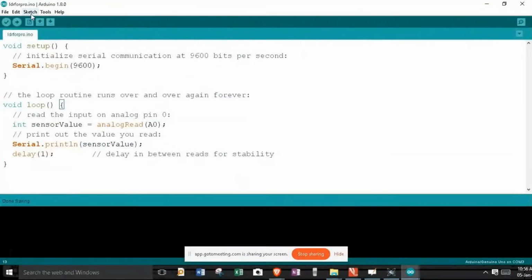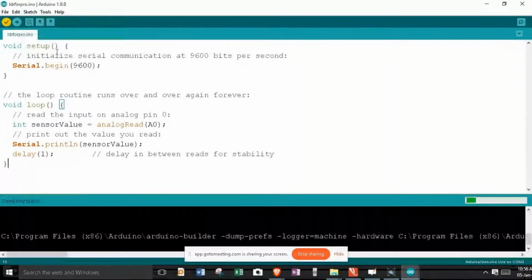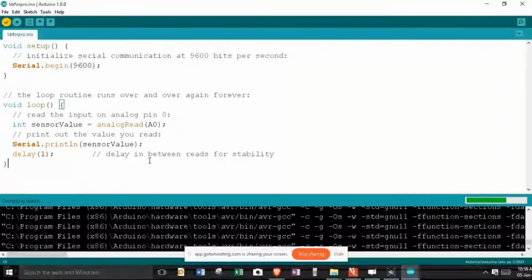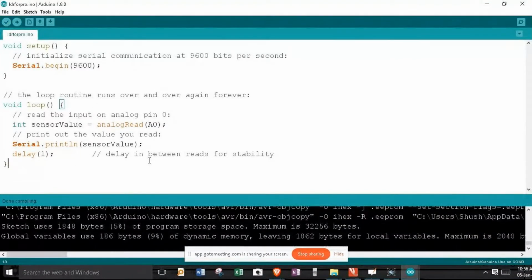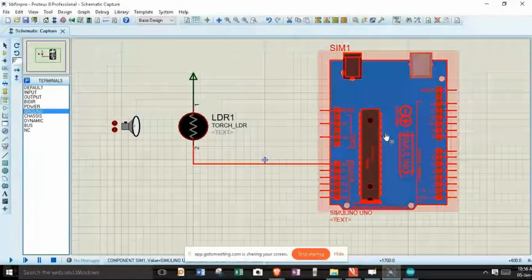Now here under sketch, hit on export compiled library. After compilation, hit on show sketch folder, and here is where our hex file has got generated. Let's load that hex file.